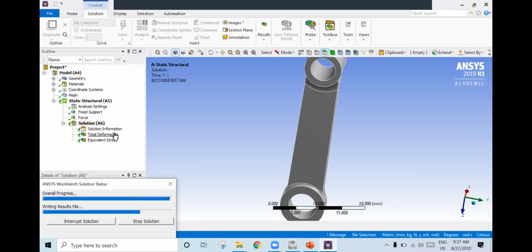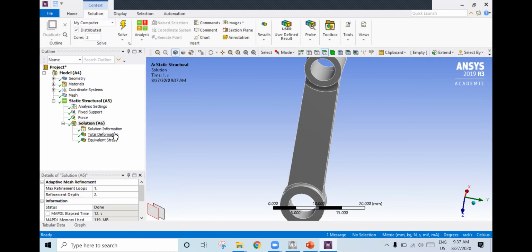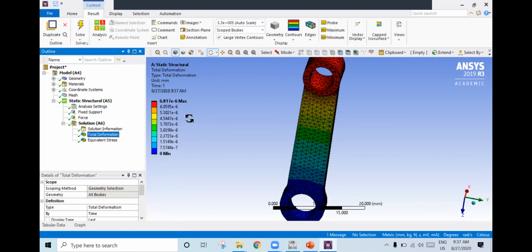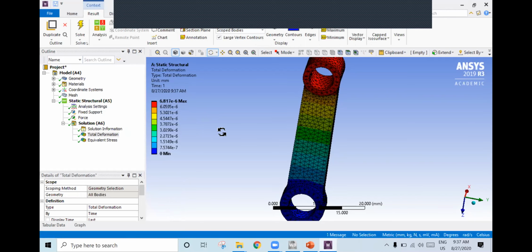You will get totally negligible stresses, 0.0000 something. Okay. Once you perform this static structural, minimize it.